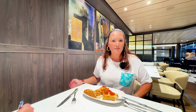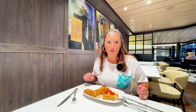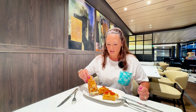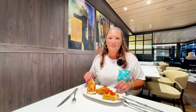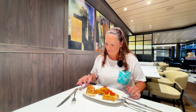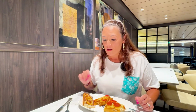Yeah, not my favorite. What about topping ratio? There's no real toppings on this. The one slice looks like it has toppings, the other one doesn't. The other one has sauce, the other one doesn't. Oh, hey, look, just cheese. Your pepper fell. What would you give that for topping ratio? A solid 1. All right. Overall,